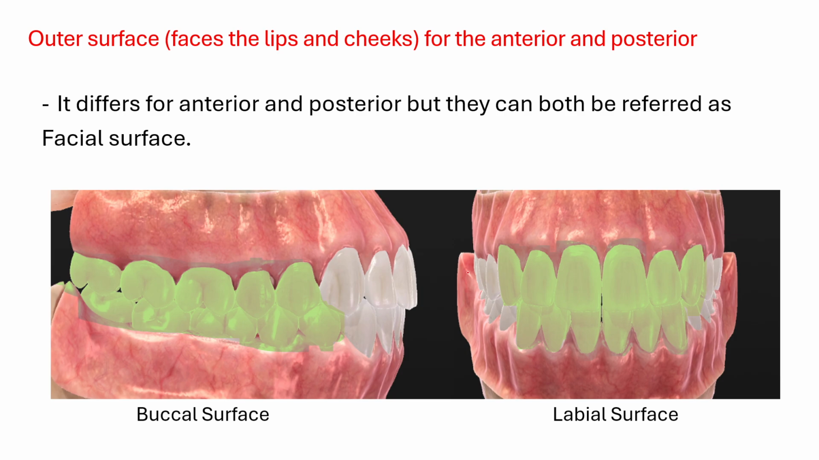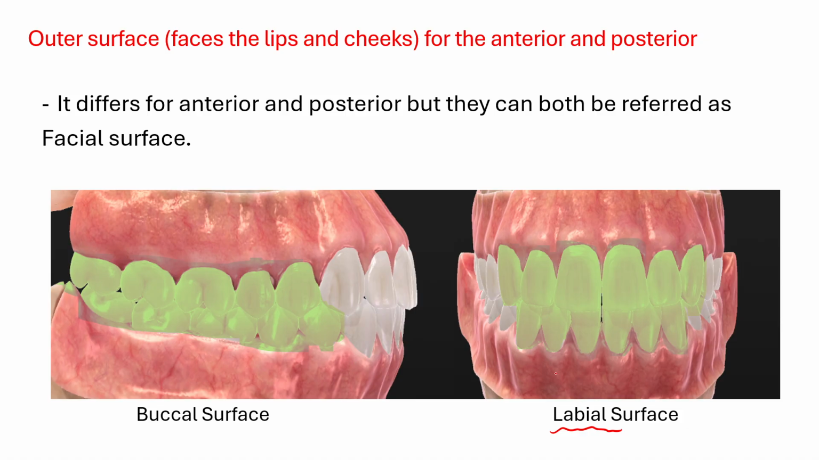Alright, so first we'll go along with the outer surface, the surface that faces the lips and the cheeks. Its names differ for the anterior and the posterior. So for the anterior surface, we call it the labial surface. This right there, I've just highlighted it in the slime color. We call it the labial surface. Labial as in